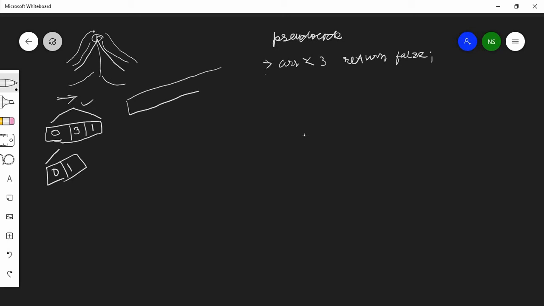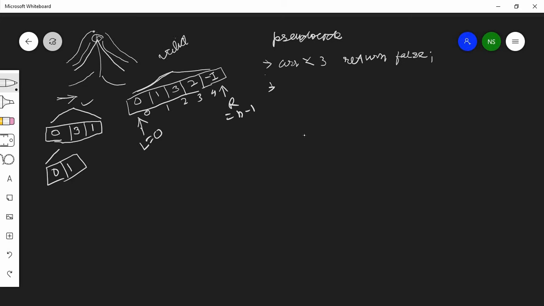Suppose we have the array 0, 1, 3, 2, minus 1. If you see in this array, we are going up to the peak, and after that we are going down. So it is a valid mountain. And how will we check it programmatically? We will try a two-pointer approach, which is the best approach for this question. Our first pointer we will consider as the left pointer, and the second as the right pointer. We will initialize the left pointer with 0 and the right pointer with n-1, which means the element at the last index. Indices are 0, 1, 2, 3 and 4, so the right pointer will be at 4.